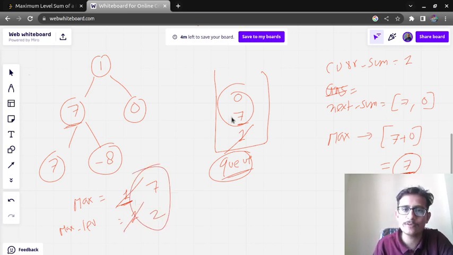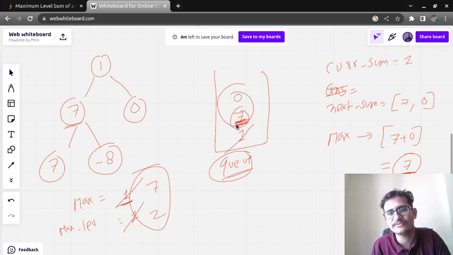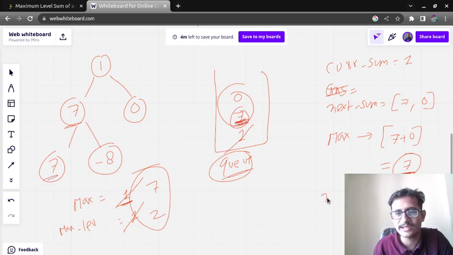Now, if 7 has a left child, in the next level we are going to add elements like this, 7 and minus 8. Then we will come to the 0 and check whether it has a left child or right child. If a left or right child is present, we should insert them, but as of now nothing is there, so it will be empty.